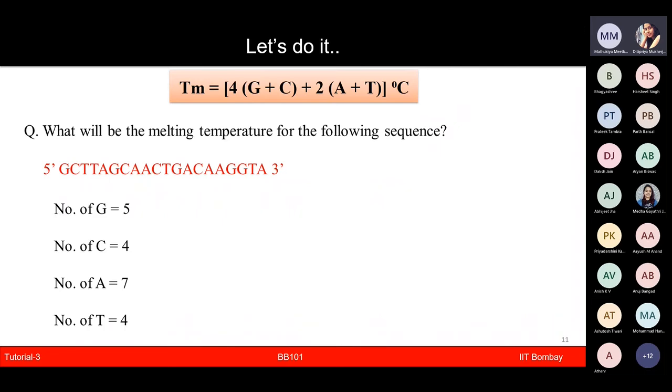Let's see. Yeah, 9 GCs and 11 ATs. So based on the formula, 11 into 2, as AT corresponds to 2 degrees, and GC pairs correspond to 4 degrees. So as you can see, this 58 degrees would be the melting temperature of this